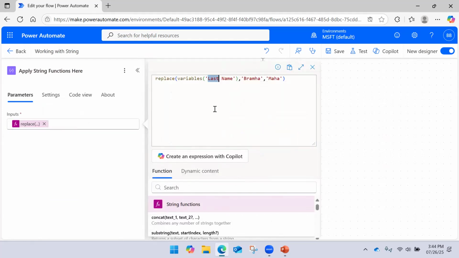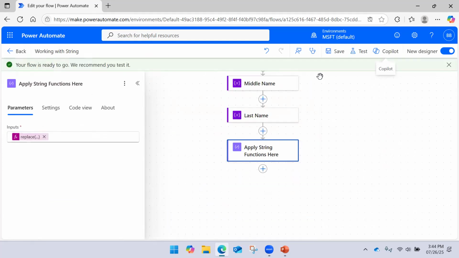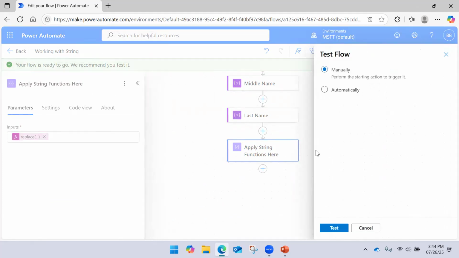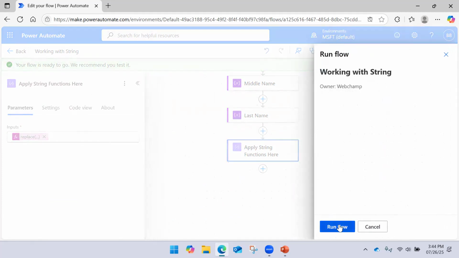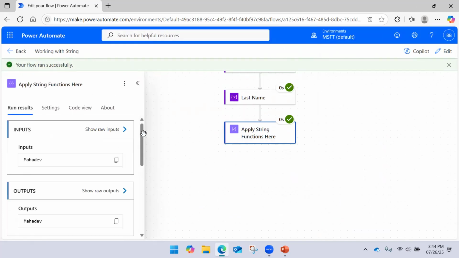So here, if I say first name, see if the string is not matching, it will not perform anything, right? Unless it finds the things as given, then and only then it will work. Otherwise, this formula will not work. So the problem was I specified my last name there and I tried to replace the content from my first name. So here you can see the Brahmadev is replaced with the Mahadev, meaning Brahma is replaced with Maha, right?